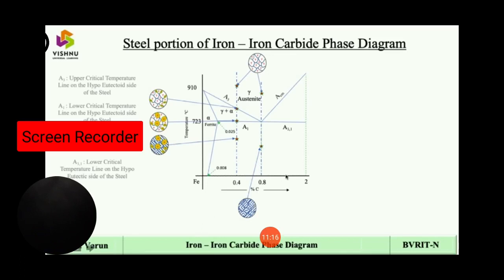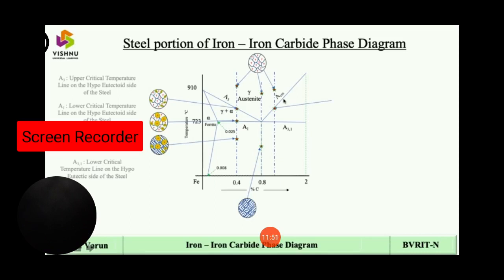So further, if we focus on something on the hyper-eutectoid side of the steel at, let us say, 1 percentage of carbon. At the austenite grain boundary, you'll have the same austenite, but in this case 1 percentage of carbon dissolved in the austenite, and it will not change until it reaches the upper critical temperature line, which is ACM.